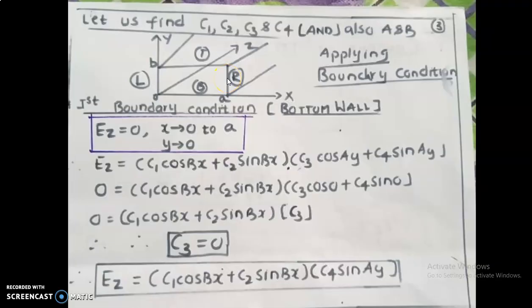Now let us go to the first boundary condition. Frankly speaking, we have to solve all these equations using boundary conditions. So let us assume the first boundary condition, that is the bottom wall. If you observe, the bottom wall exists from 0 to a along the x-axis, and for the y-axis it should be 0. That is a little common sense required. Again I repeat, for the bottom condition, x goes from 0 to a and y should drop down to 0. I can write this condition, and at that boundary we are assuming that the electric field at the bottom, that is when it touches the surface, is 0.